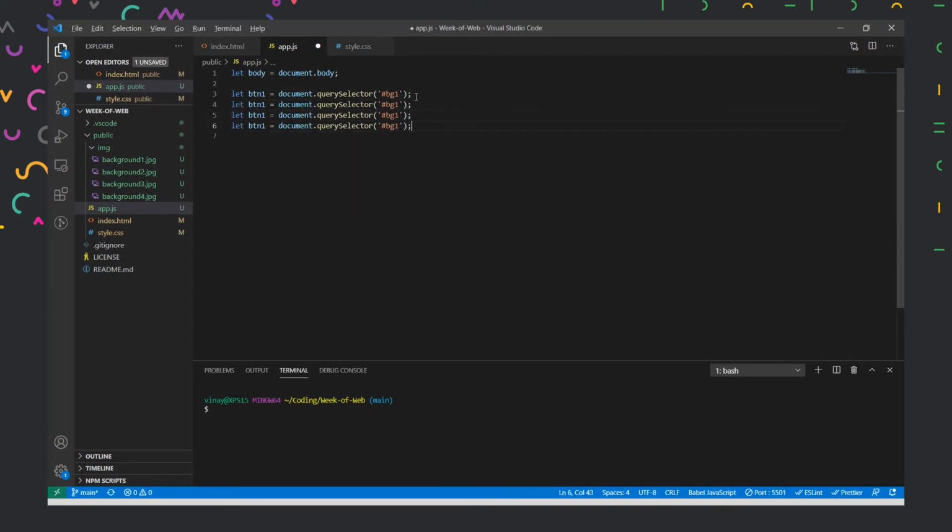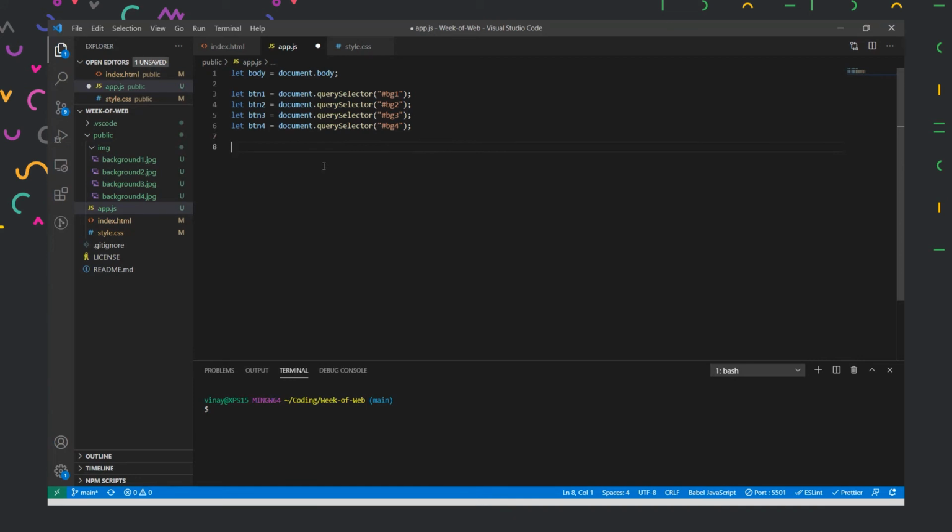And I'll replicate all of them. I'm using the VS Code shortcut key, which is Shift Alt and the down button, to replicate all of these items. Now I'll add 2 over here, 3 over here, and 4 over here. Now we have all the elements which we are going to change selected. So let us start working with them.